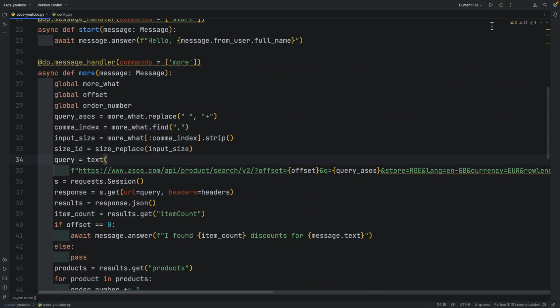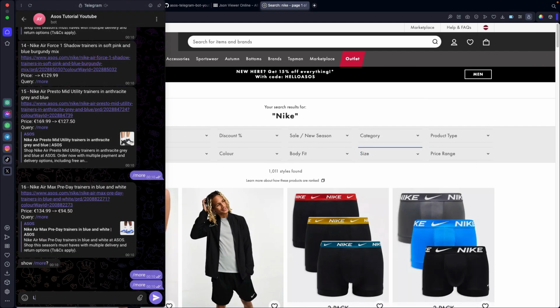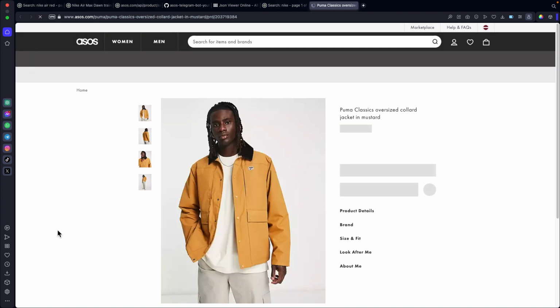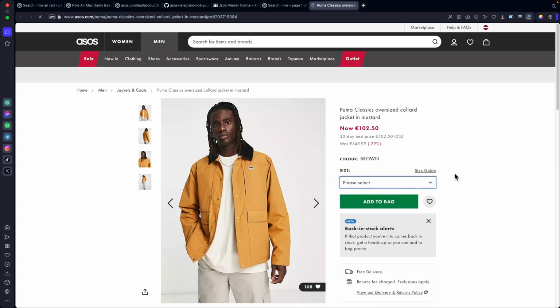Now let's run the code. And let's search for L size, Puma winter jacket. Our bot found 2 deals. Let's check one of them. And yes, it works.